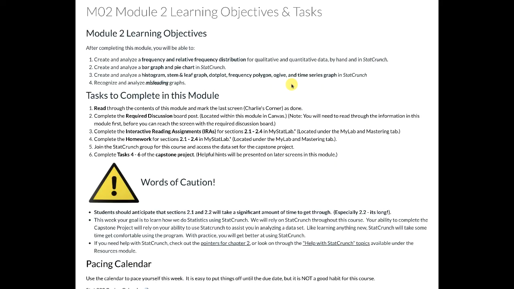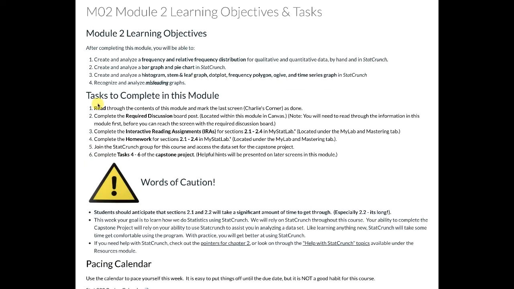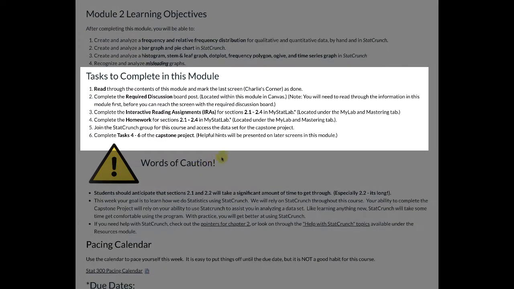On the Module 2 Learning Objectives and Tasks list page, you'll find a list of objectives for the module. This tells you what you should be able to do at the end of this module. Your tasks to complete. This is the required work for this module. It'll tell you what you should read, if there's a required discussion board or survey, which interactive reading assignments or homework should be completed, and which tasks of the capstone project you should be able to complete toward the end